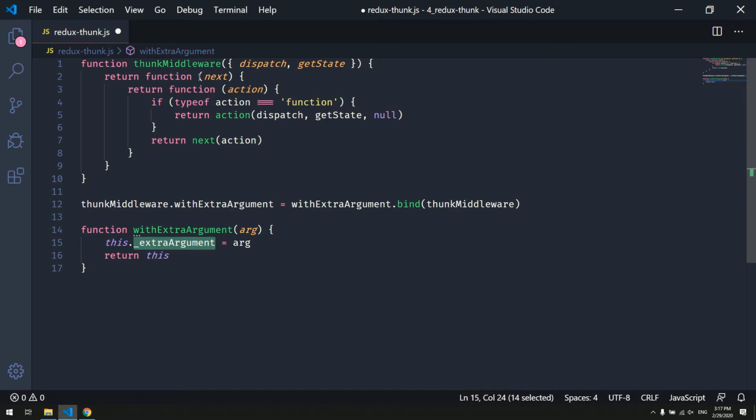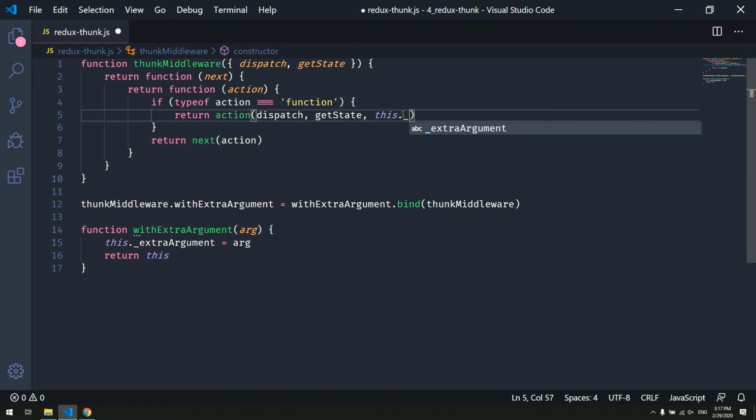We put the extra argument on the function itself, then we return the function, and here we're just going to say this.extraArgument. And yeah, to be honest, this should pretty much be it. Yeah, redux-thunk is a very small package. Now, in order to test it,